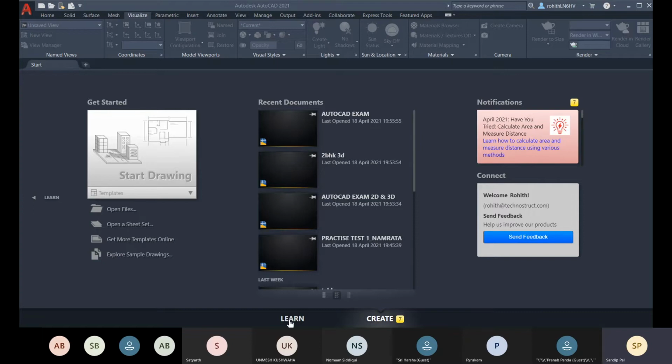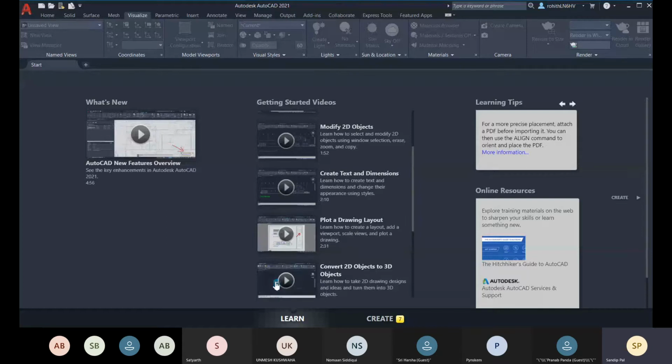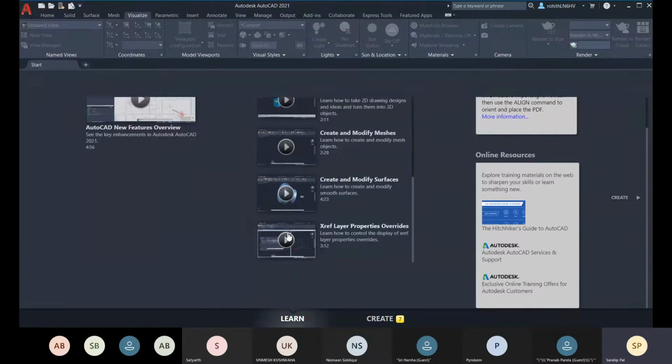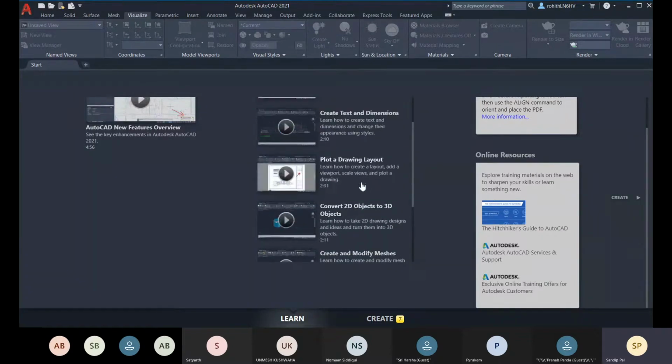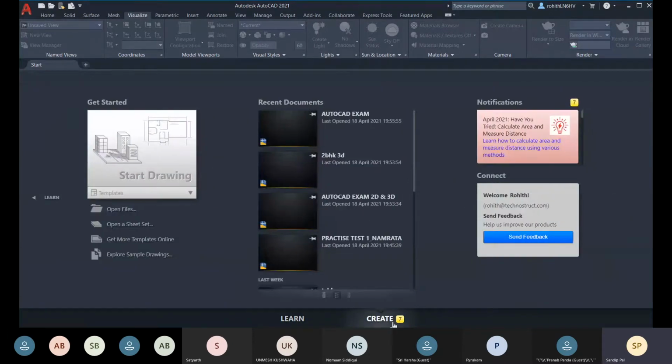We have another tab that is called Learn. So here you will find some important videos and important information related to your software. So if you wish to learn from Autodesk, there you have all these videos. So do discover these things. You will learn more details. So you can use these videos to learn more. So that will be beneficial for you guys. So please check and explore these videos as well. And I'm currently in this Create,